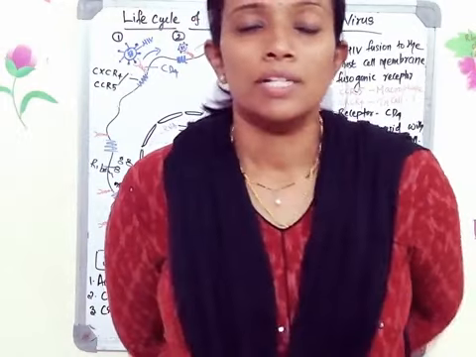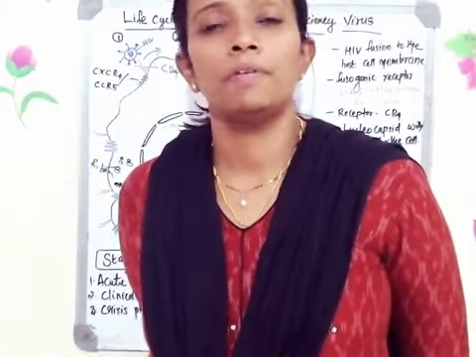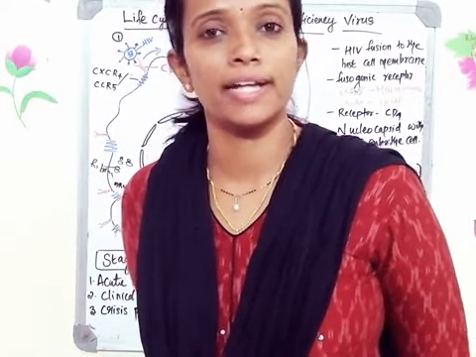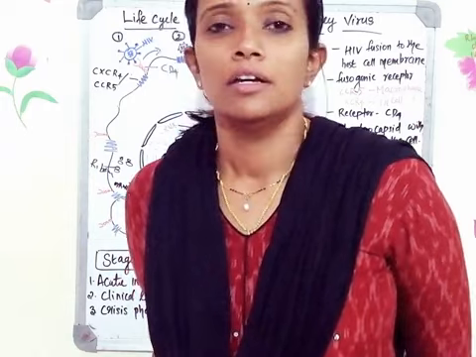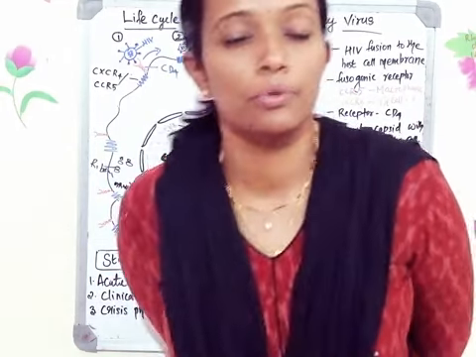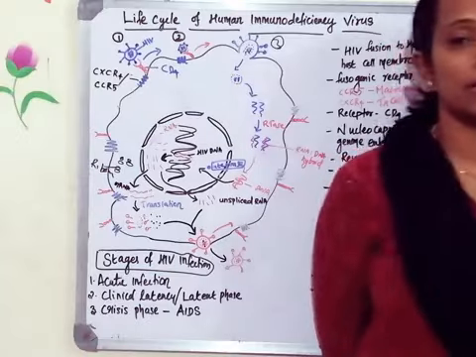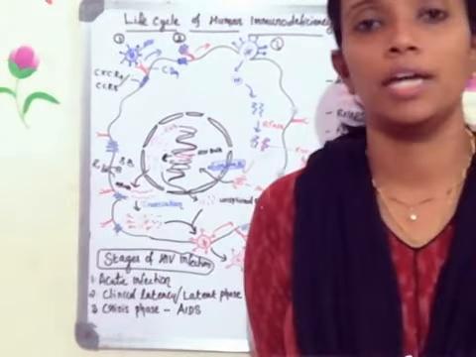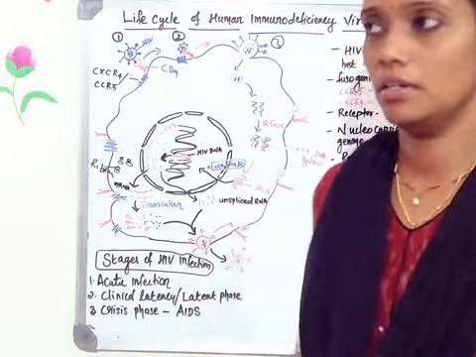Now, immediately after the infection, the people will be asymptomatic. Most of the people will be asymptomatic. In COVID-19 cases also that is happening. So, once after viral infection, if your immune system is good, you will be asymptomatic. What do you mean by asymptomatic? You have the virus in your body, but you will not be showing any of the symptoms of this HIV infection.